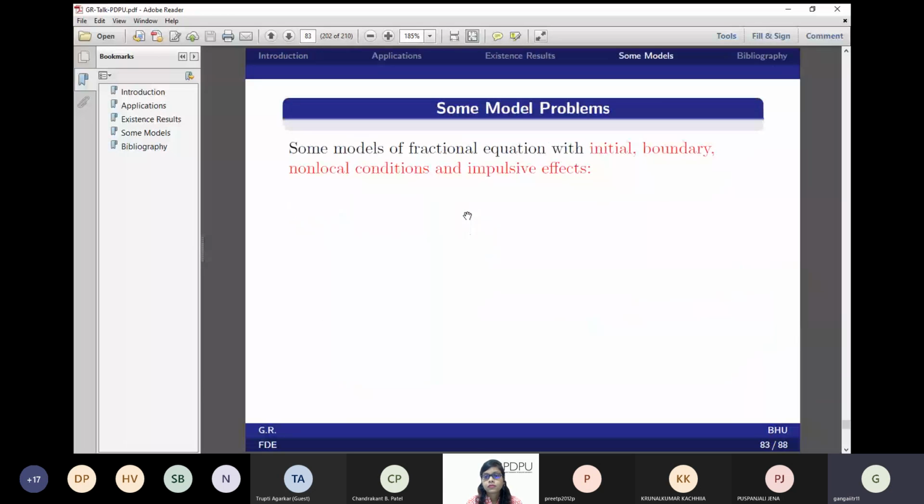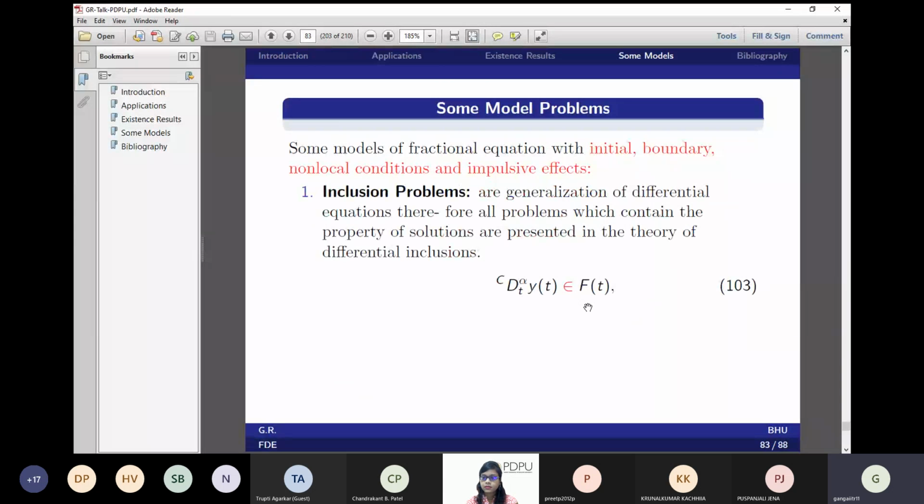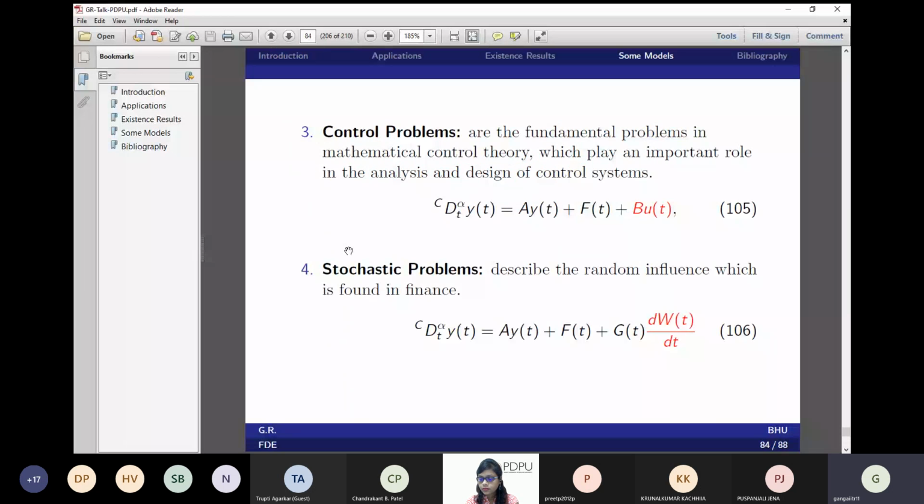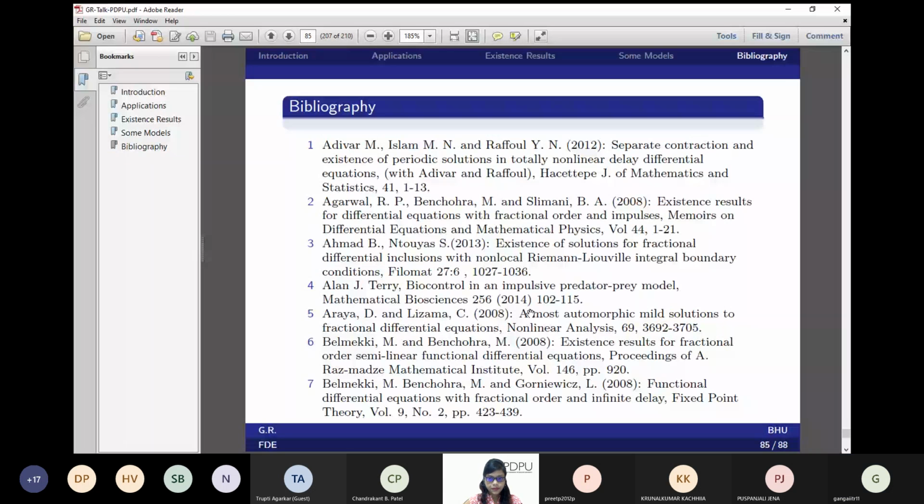I want to tell you about some models. Models of fractional calculus with initial, boundary, non-local and impulsive effects can be used in inclusion problems, evolution problems, control problems, and also stochastic problems. Fractional calculus can also be used in graph theory and engineering problems. These are the references,